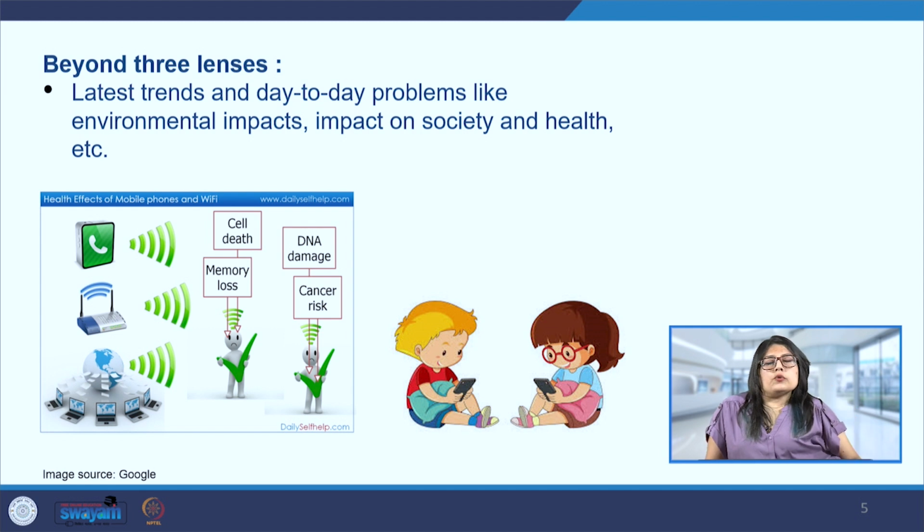Now, there are certain issues that go beyond these issues that we have already mentioned, including the desirability, viability, and also our feasibility. So, these are problems that we may face as a consumer, or as a designer, as a citizen. So, the products that we use, the products that we are coming in contact with, they may have certain other impacts on us, on our environment. So some of those we need to consider, because when we are looking at the viability, feasibility aspect, we have to also take care of these additional points.